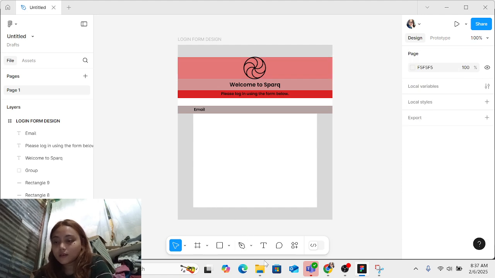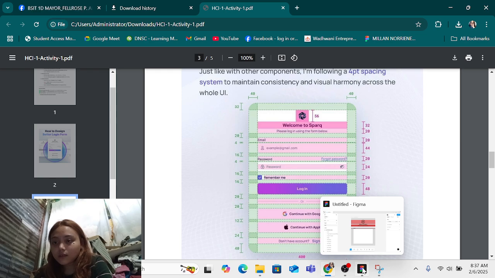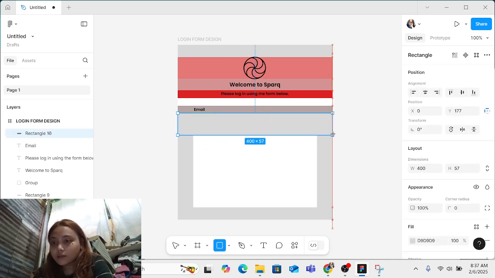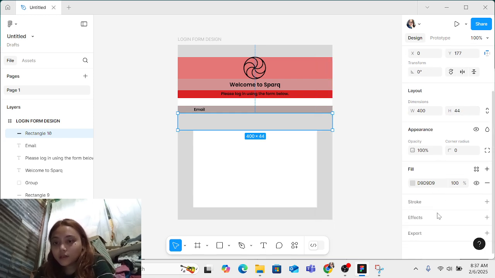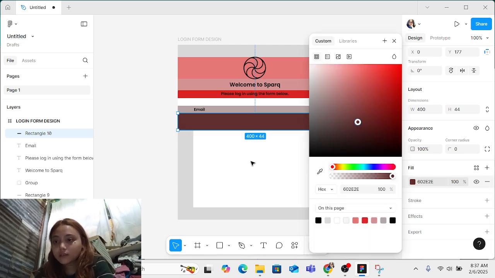Next is the input box. It's 44. So let's create another rectangle box. So let's put it in 44. And let's change the color into something like this. We'll change this later.